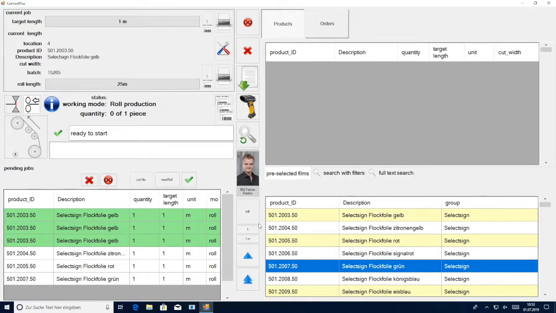Oftentimes, manufacturers will include barcodes on their boxes with the lot number, so you can easily scan this code, eliminating the need for typing the lot number into our software. You are also able to set up the software to force the operator to scan the lot number before they run your converting equipment. This eliminates errors and allows for consistent tracking of lot numbers on all orders.